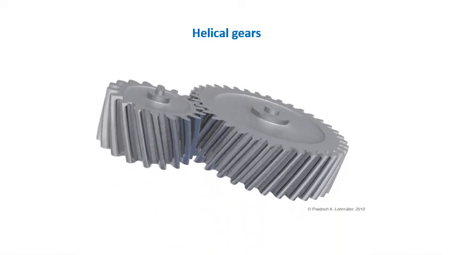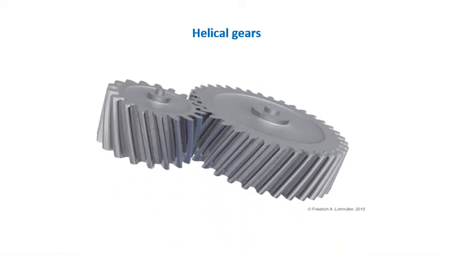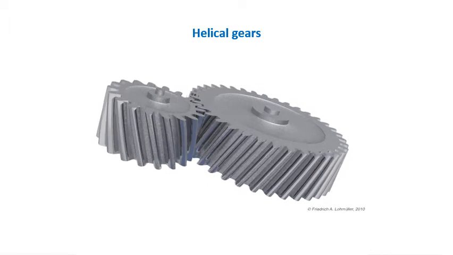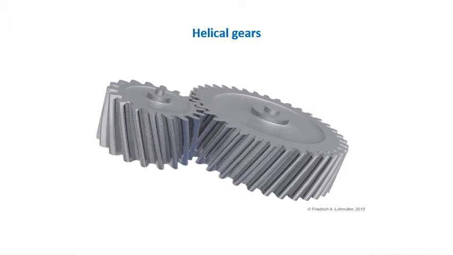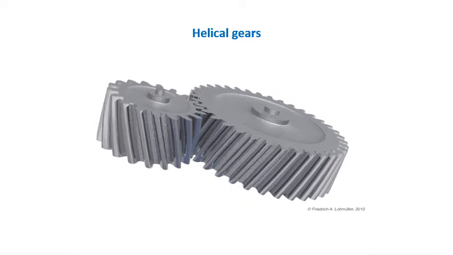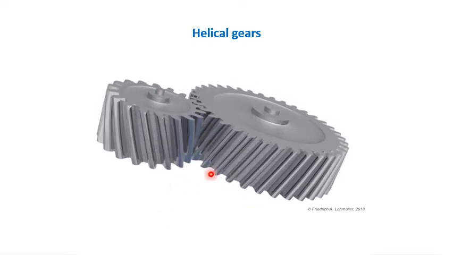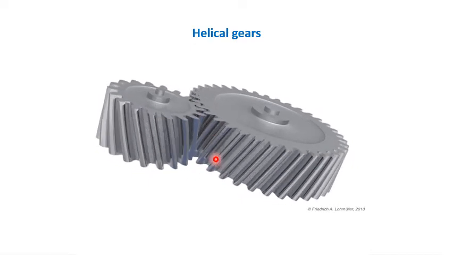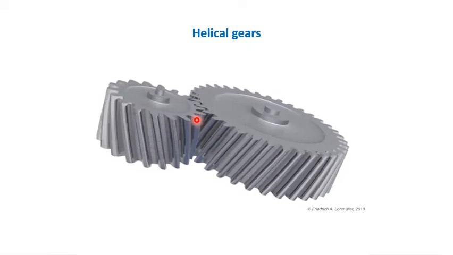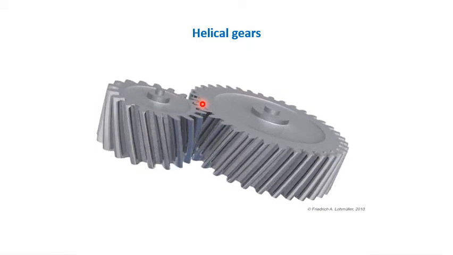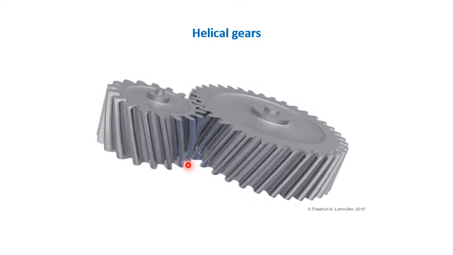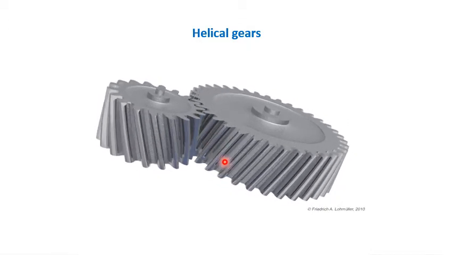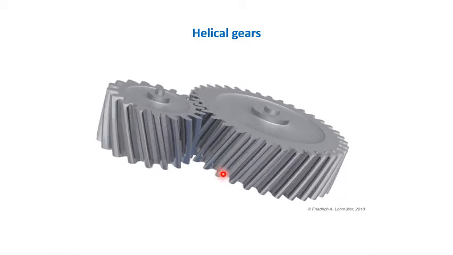So helical gears are nothing but, in the animation you can see, a modified form of a spur gear. Here teeth are not cut parallel to the axis of the shaft. There is a small inclination. Here in the engagement and disengagement point you can see, it is engaged at this point and disengaged at another point. In order to avoid the direct impact and noisy operation, these helical gears are made. Therefore it is a modified form of a spur gear.